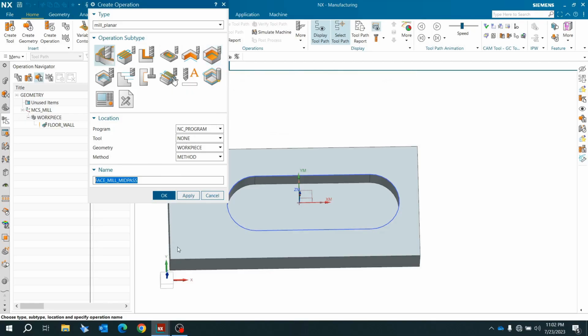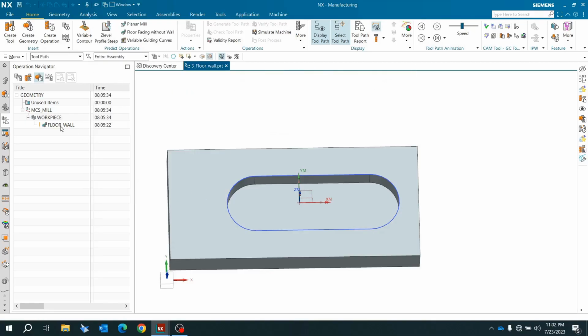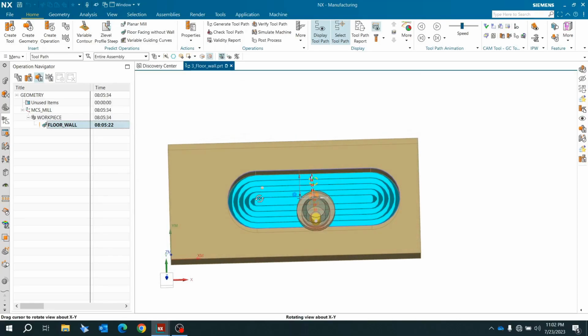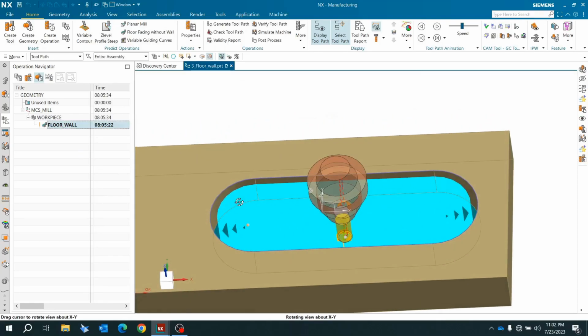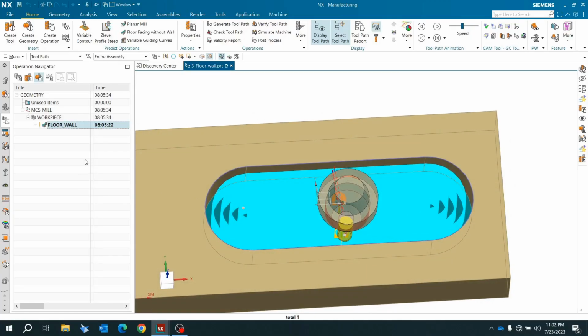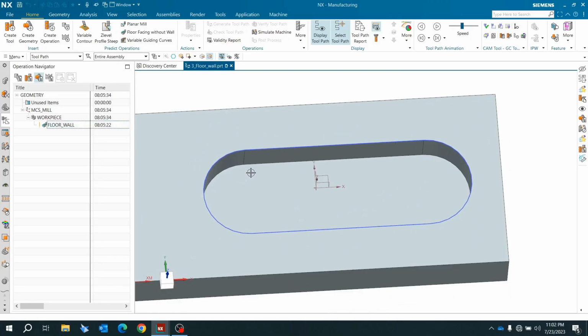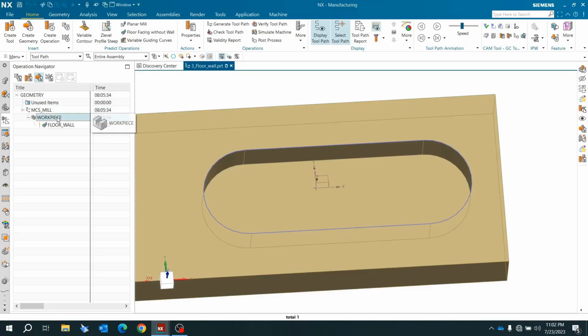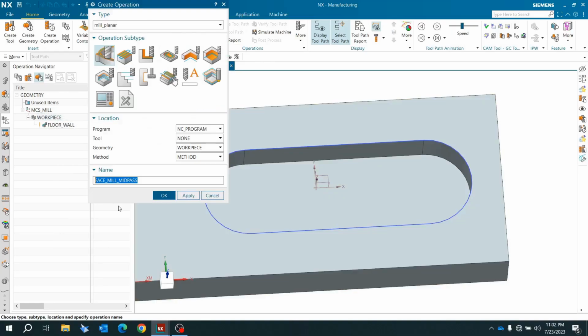Sometimes if you use this floor and wall, you may see here it is considered a solid block and it has generated like this. Sometimes if you are having a casting or a forging part, and on this particular wall you are having a 10 mm or 5 mm machining allowance, the material to be machined, at that moment you may use that 2D profile with floor directly. So the difference between these two is,